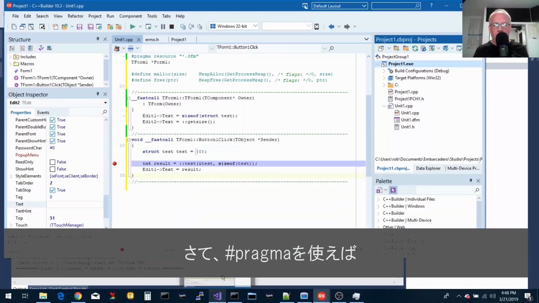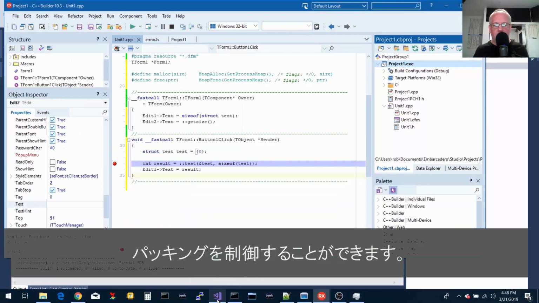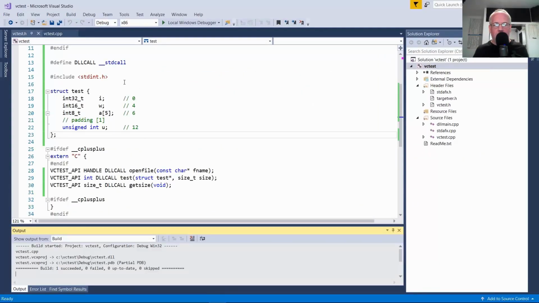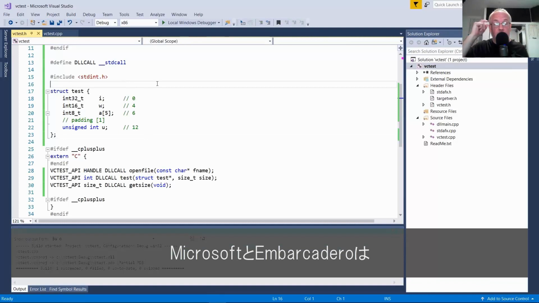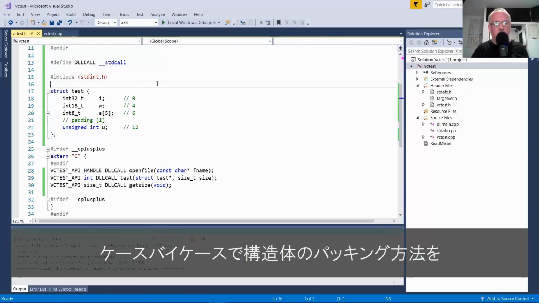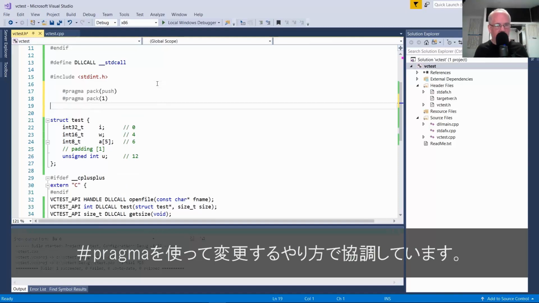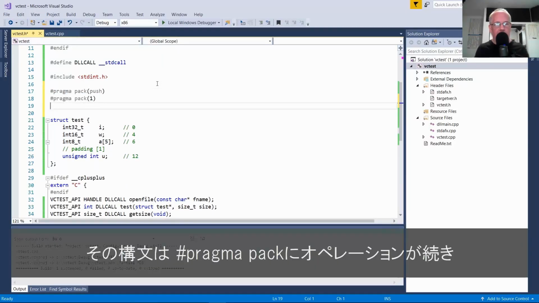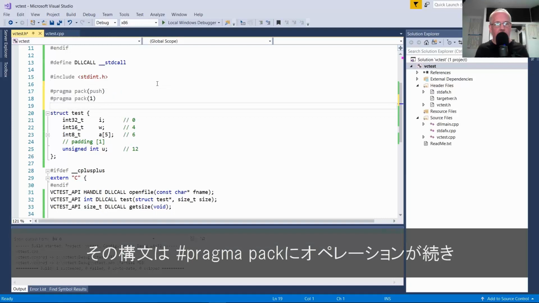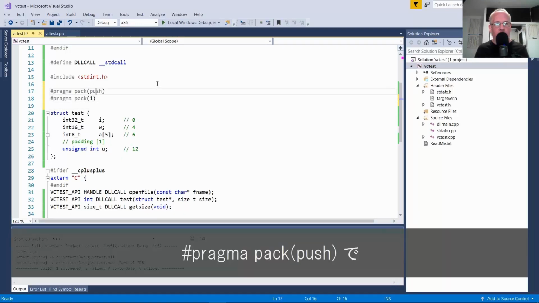So there are pragmas that you can use to control packing. Microsoft and Embarcadero agree on how to override the structure packing on a case-by-case basis using pragmas. And that syntax is this: pragma pack operation. So you call pragma pack push, that takes the current